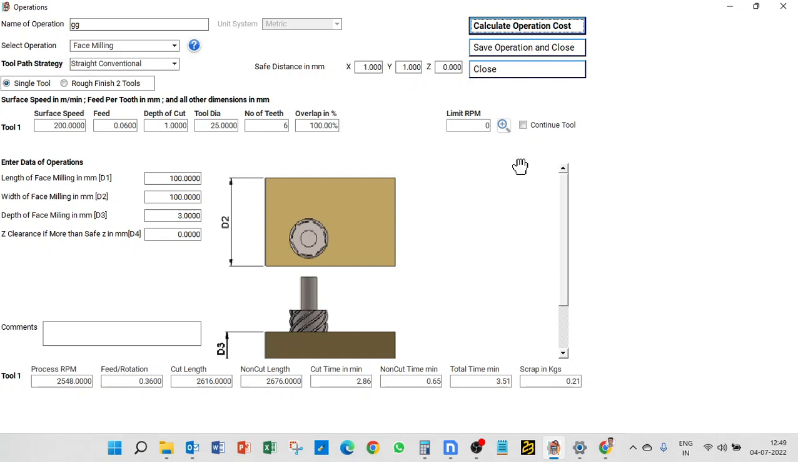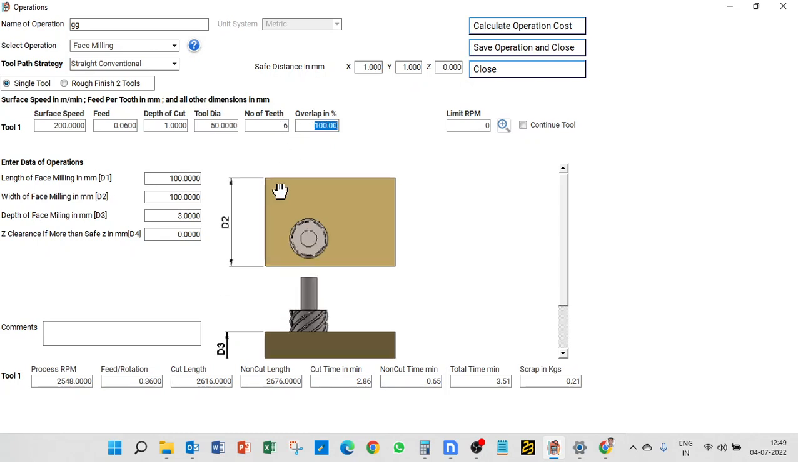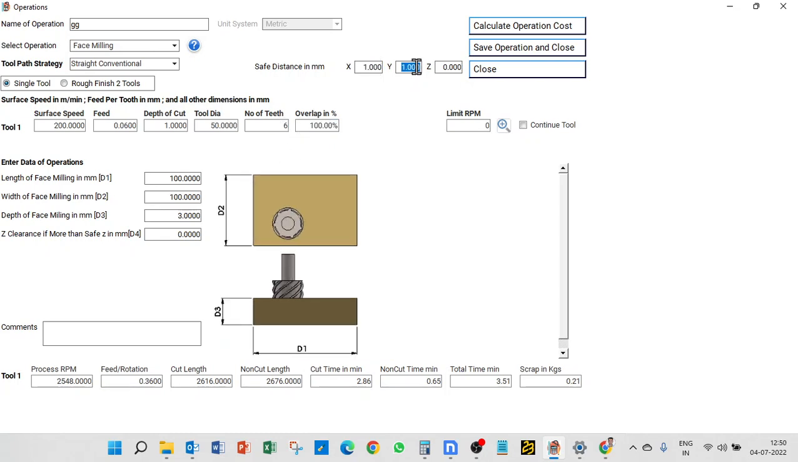Now let us have a look at what happens when I change the diameter. This is 25, let us put it 50. Now at 50 and 100% overlap, if I don't put X and Y, it should be practically only 2 cuts. This is what happens. If I go to a 32 dia tool,